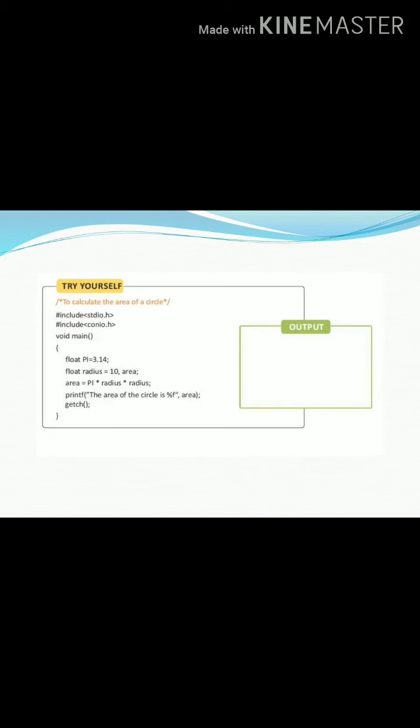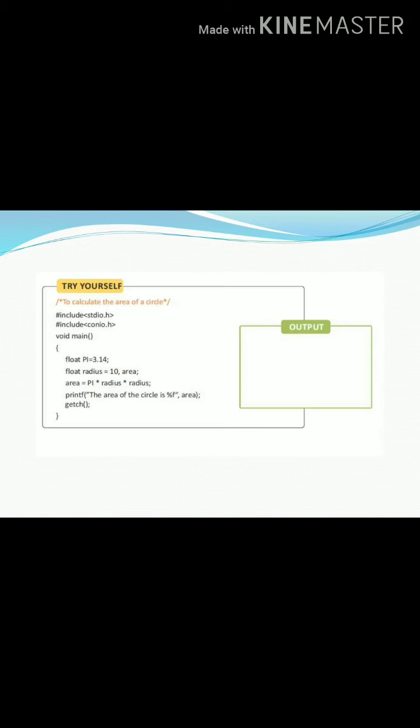Then char string, within that we have 50, an array with that length limit. Then printf "Enter a sentence". We are not entering a character, we are entering a sentence. Below that gets, with str as the variable. char is the data type, as you can see on the top, and gets is a function. What it has to read is the variable str. Below that we have printf with \n, which you can see is an escape sequence: "The sentence entered is". Then the next line, children, is puts with str within it. So that program is over.